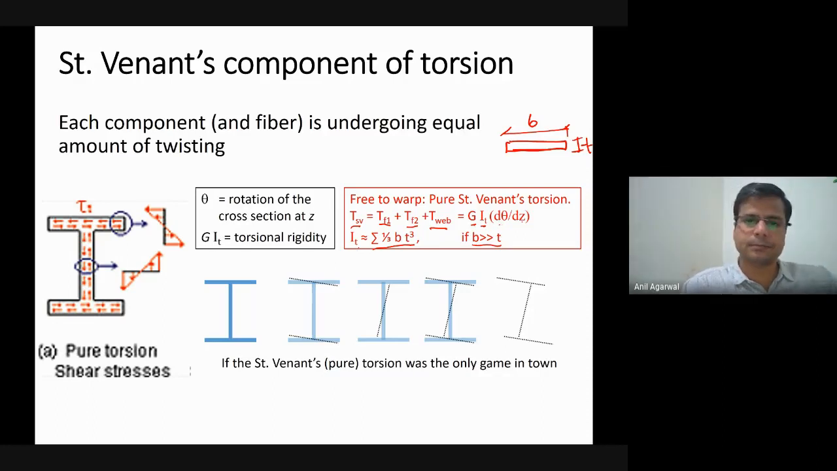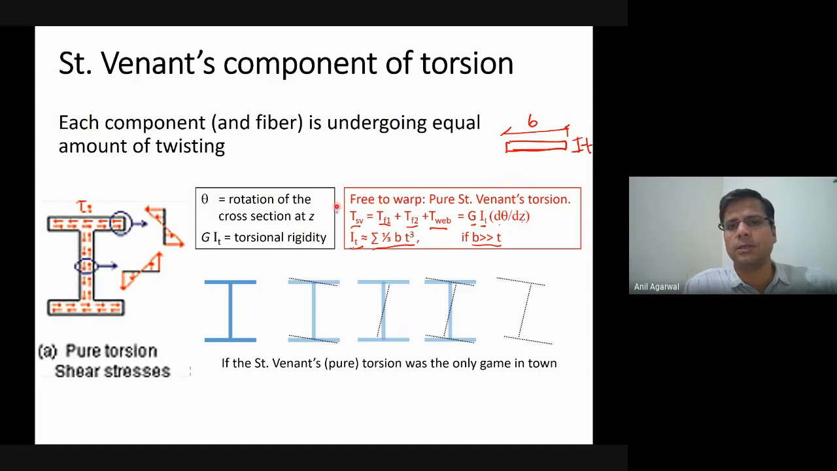All right. So this is how you get the torsional resistance. Which material property do you need? You need G, right? Which cross section property? J, or IT, which is given by bt³/3. Okay. Now, in addition to that, the challenge with